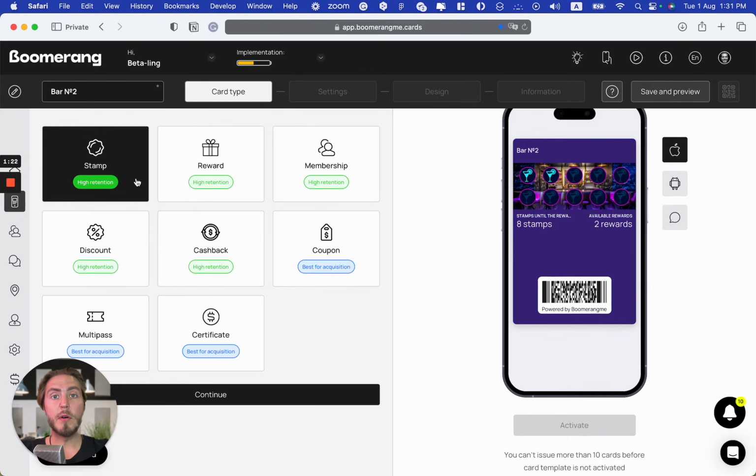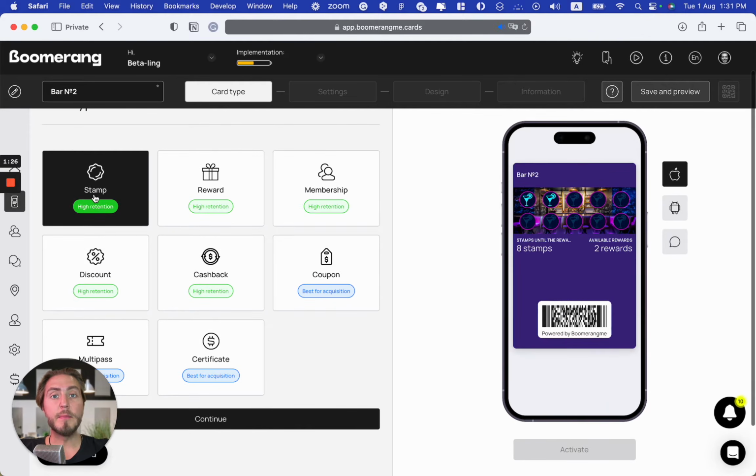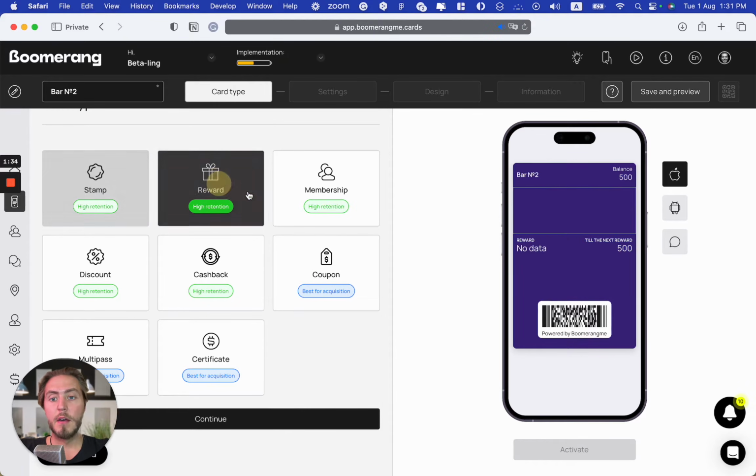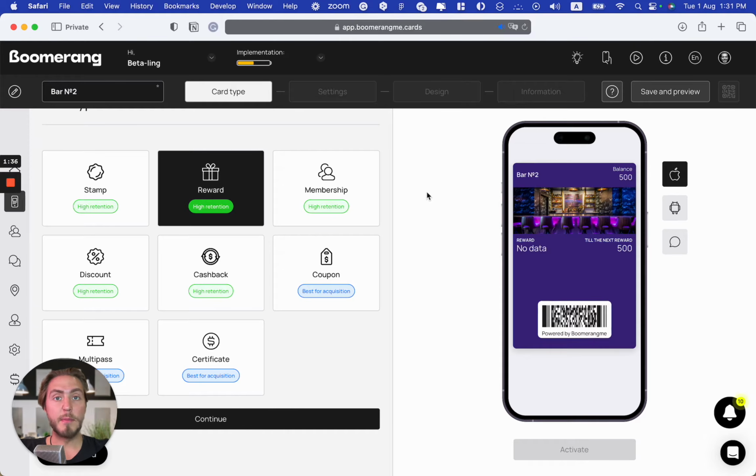So let's talk about the retention cards at the first step. We have a classical stamp card that works like a classical Starbucks loyalty program where you need to collect 12 stars and get 13th coffee for free. Reward card, tier-based and point-based loyalty card where you can set up unlimited number of reward tiers for your customers.